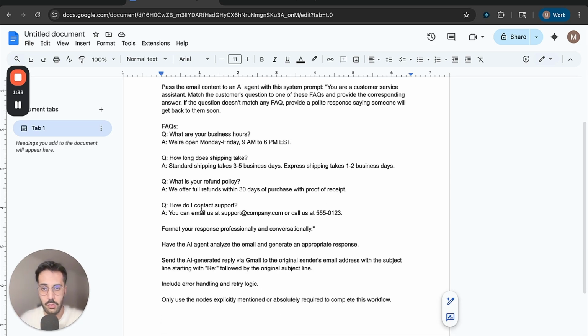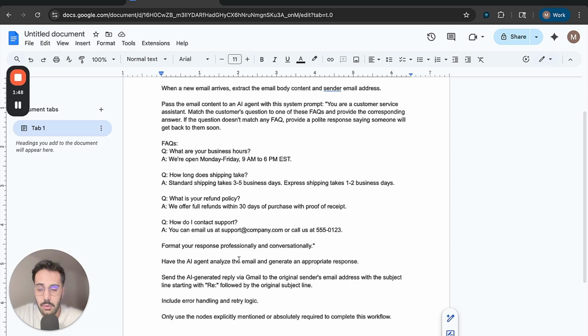You can use your own FAQs, or that's a bit more complicated, but you can just add your knowledge base to an AI agent that has all your business information. But again, we're trying to keep this as simple as possible. And here just a few FAQ examples,